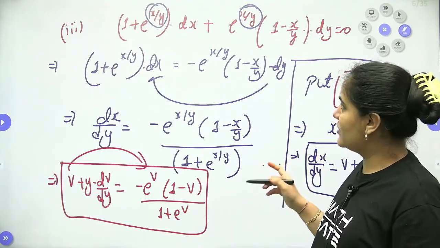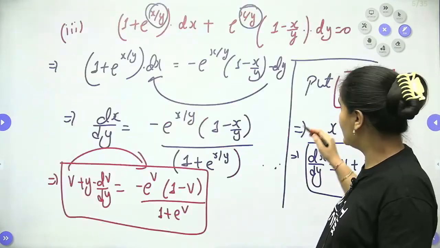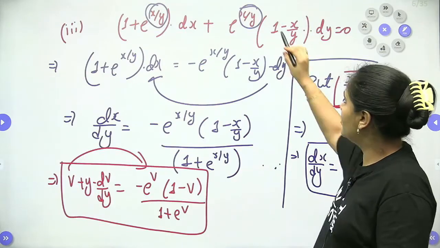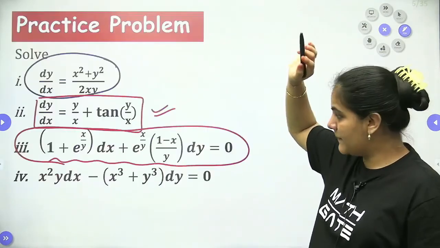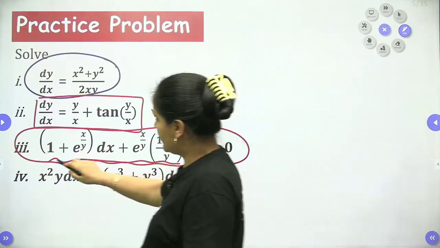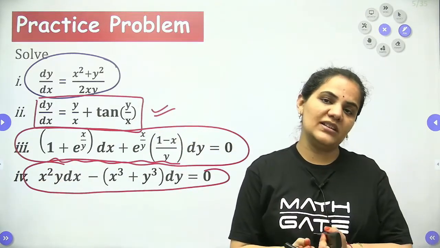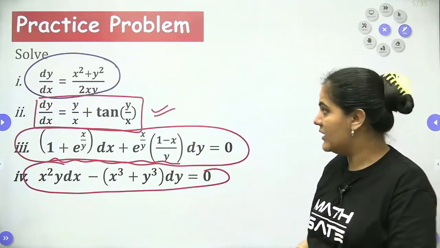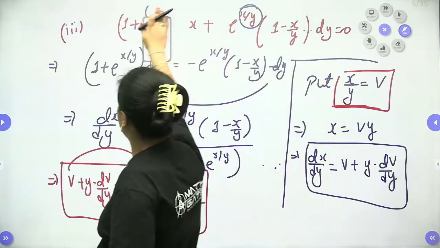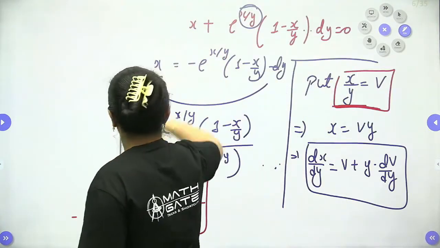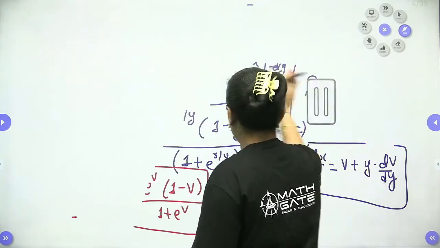It's an exponential question. As I already told you, in the exponential we have to substitute only and only the power of the exponential. Done. Now let's talk about one more question. After that we will have a discussion on the PYQ, that is the GATE problems. So based on the homogeneous, if we have some problems, we will have a discussion. Now let's start with the next question.